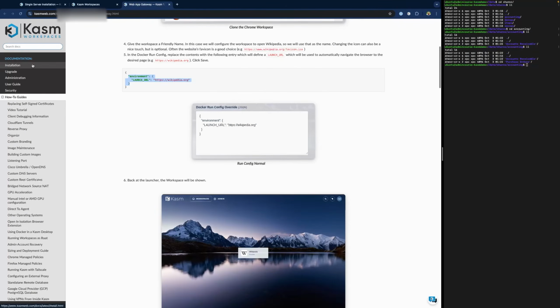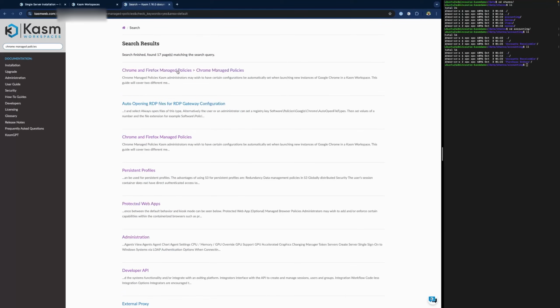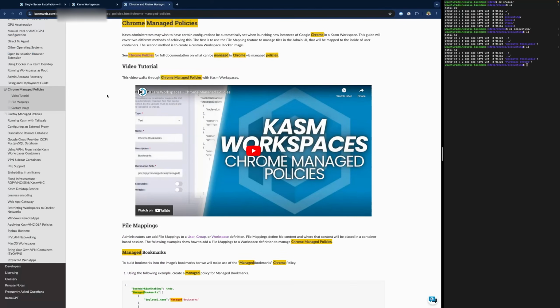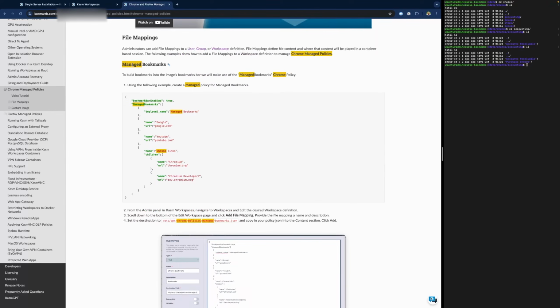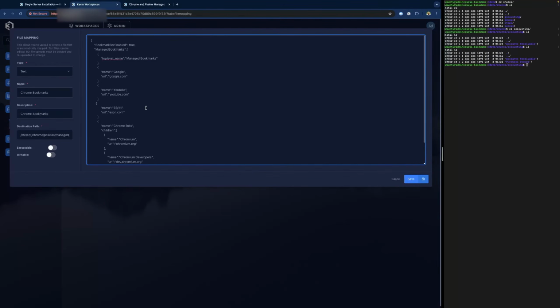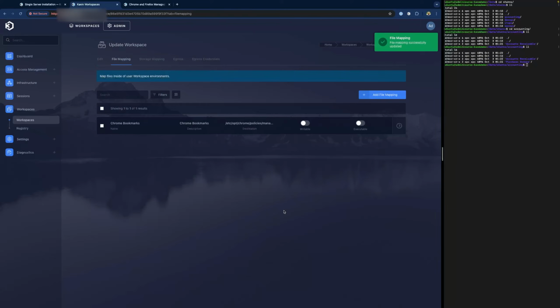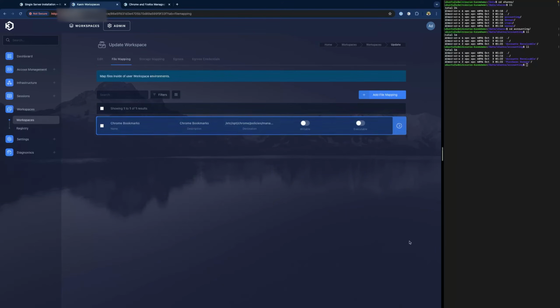And just to show you in our Chasm documentation, I'm following along with the examples given here in our documentation. You can see these were the things that I just added. And I think I added YouTube as an additional bookmark in addition to what was in our documentation. We'll go ahead and hit save. So now we have some bookmarks that we're adding.